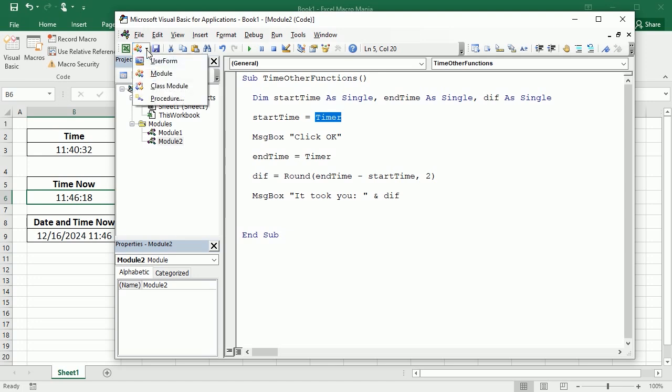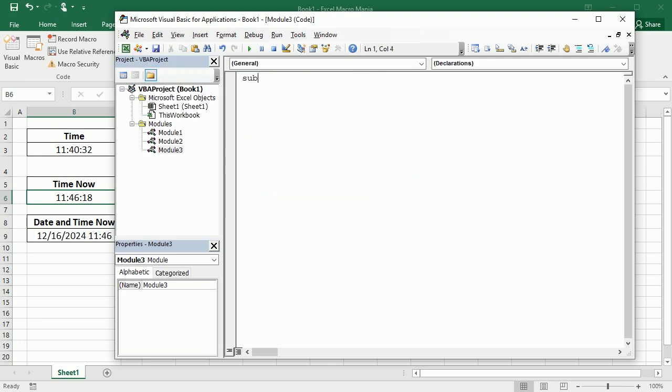Now, the last function I want to show you, and let's put it in another procedure, more time functions. I don't know how I called the other one. So more time functions. This one is time value. It's very useful to add time and make calculations somehow. So if we have some time now, and let's say it's my time, and we want to add a number of seconds or minutes to that time and to perform some action,